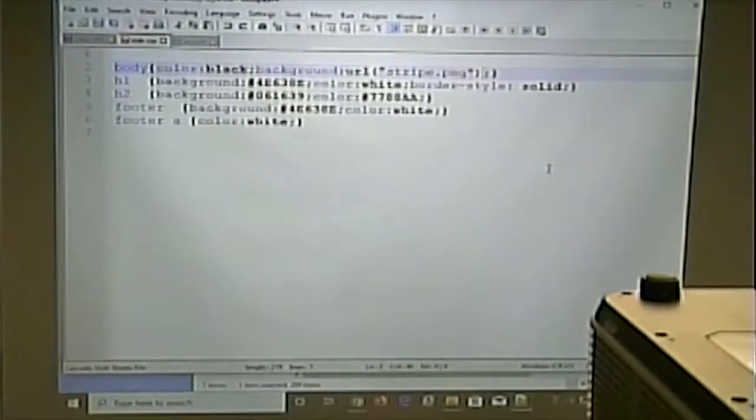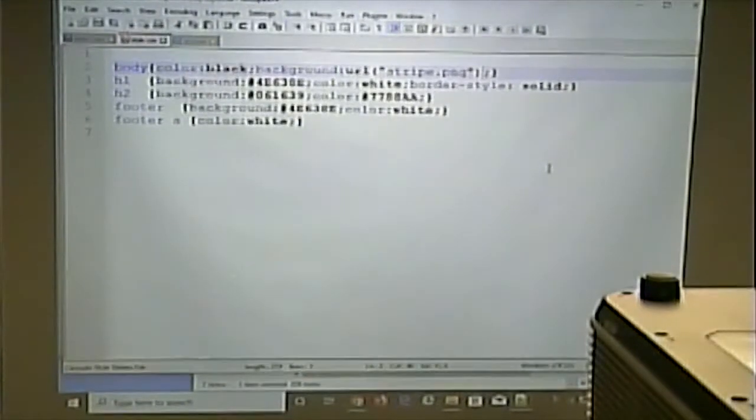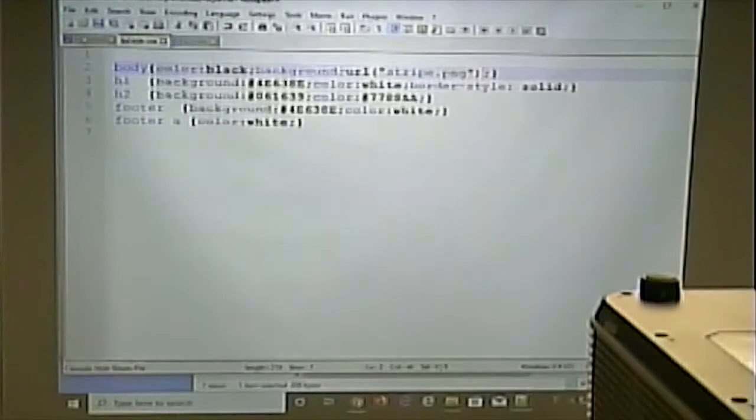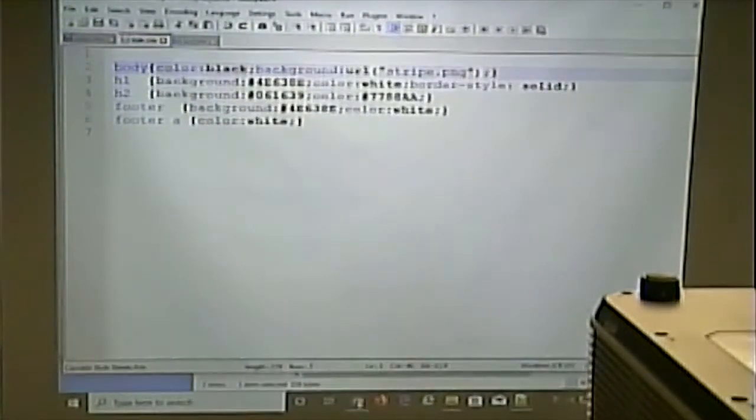Again, it's in the same folder, right? So all I do is give the file name. And in this case, it's not a color, so I don't use the hex code or type in the color name, but it's a file, so I use URL. So now if I look at that page,